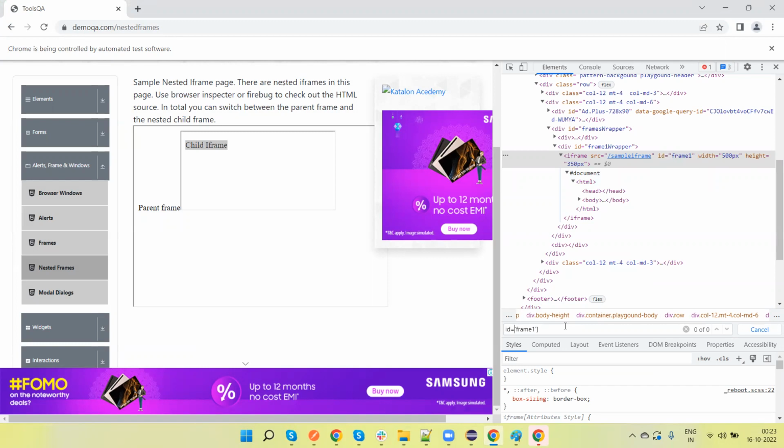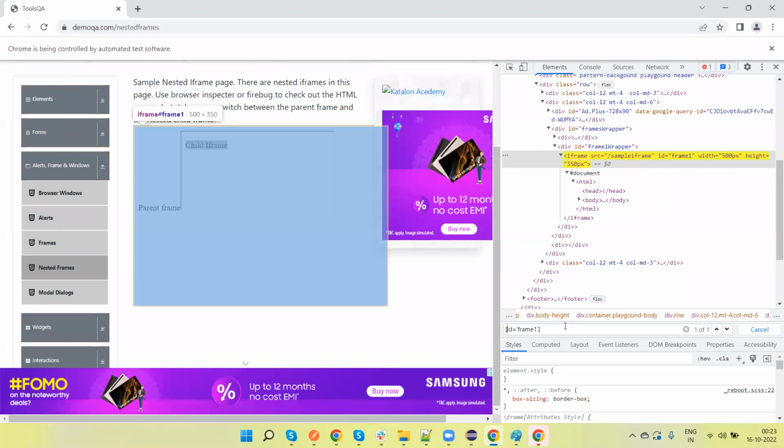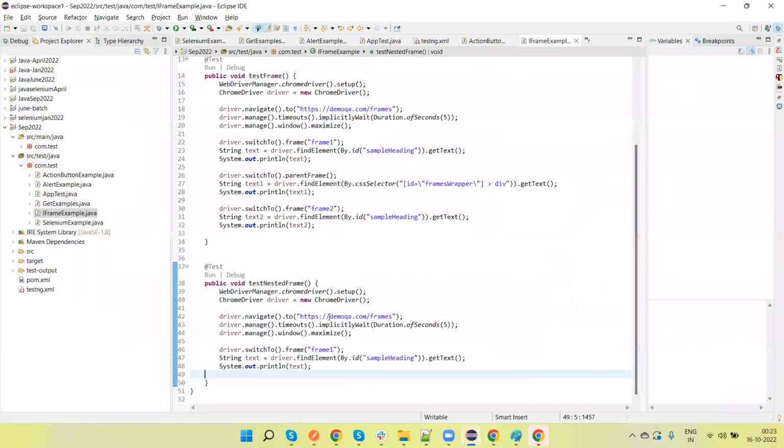So I am going to show another way to switch the frame. Earlier we saw driver.switchToFrame. Here we can also pass driver.findElement, the web element object, by CSS selector. Okay, so what we can do is switch within the frame by using